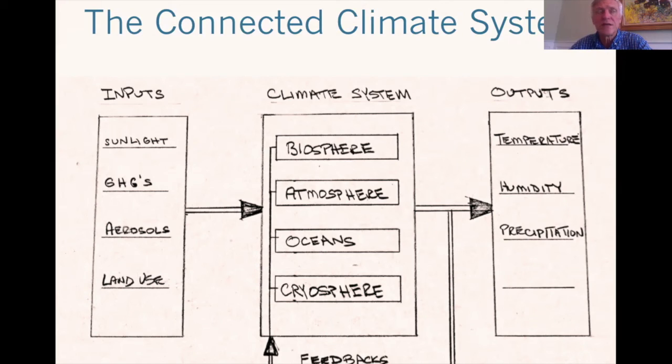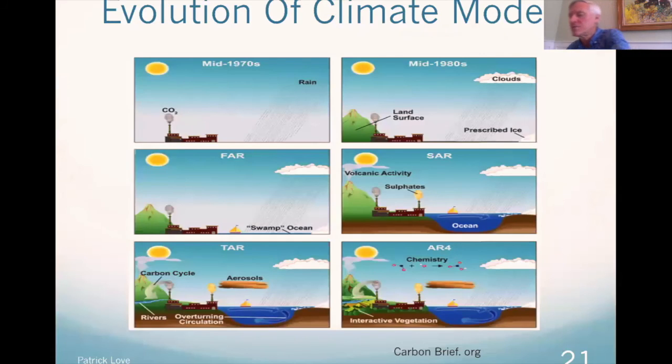There are probably 10 or so consortiums around the world with the best understanding climate scientists and computer science people, because these are supercomputer type models that run for long periods of time to basically say what's been happening in the climate from 1750, let's say. Over time, these models have